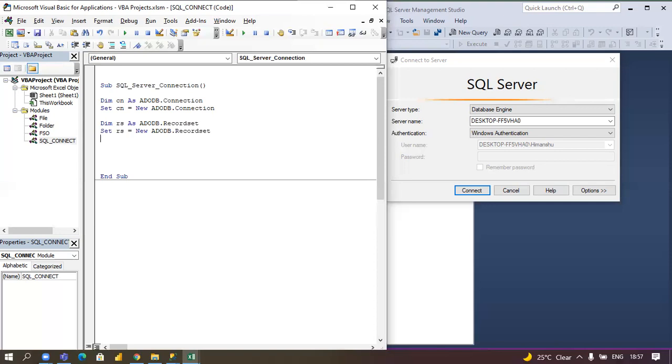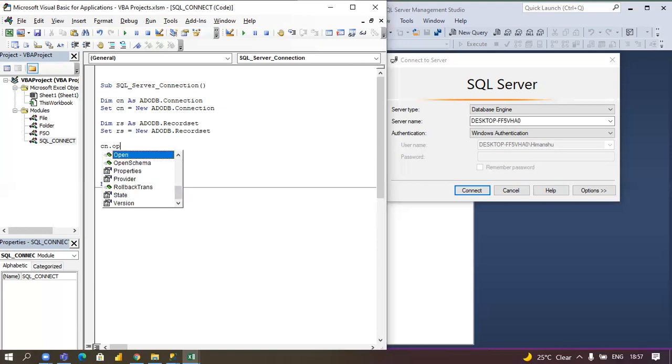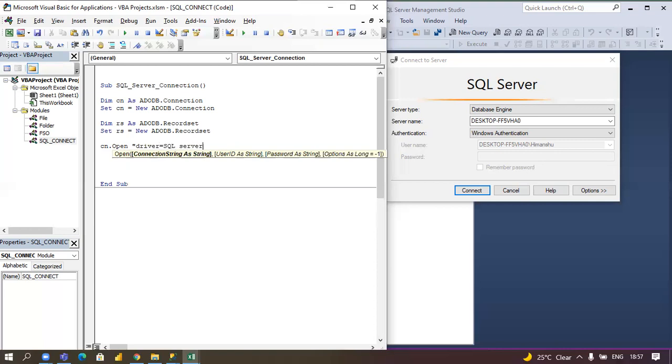Okay, now we are going to connect to the SQL server. First we give cn.Open, then give a space, and within double quotes I will write the driver name, that one is SQL Server.